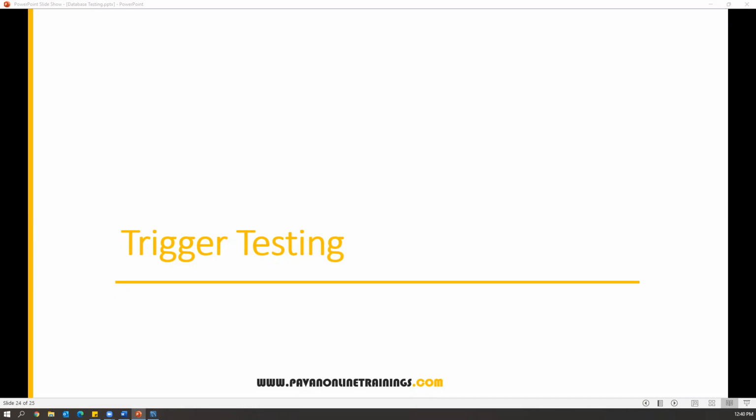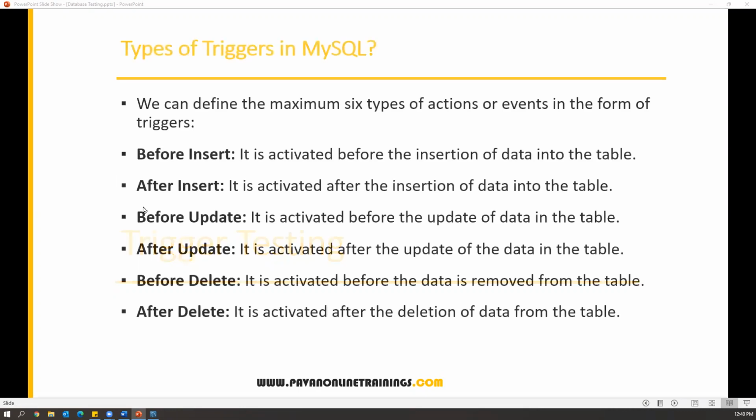In our previous videos, we have seen what a trigger is, what the different types of triggers are, how to create a trigger, and how to test triggers, right? In this video, I'm going to show you a few more types of triggers, like how we can create a before delete trigger and an after delete trigger. Basically, a before delete trigger will be fired before performing any delete operation on the table. Similarly, an after delete trigger will be fired after performing any delete operation on the table.